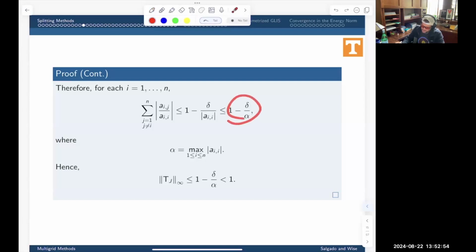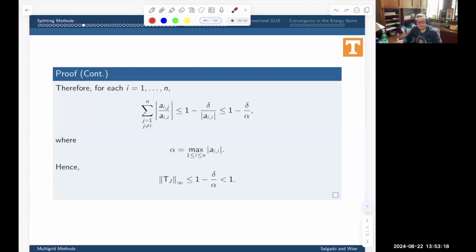So this number here has to be strictly less than 1. All right. So that's how we show that in the infinity norm, the error transfer matrix is strictly less than 1. So this means by our theorem, or I guess it was a corollary, we know that the method has to converge. Okay. Now, what if we had used some norm and we find, oh, well, the norm is